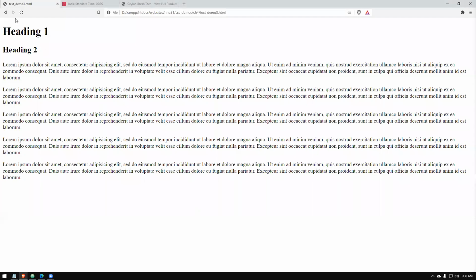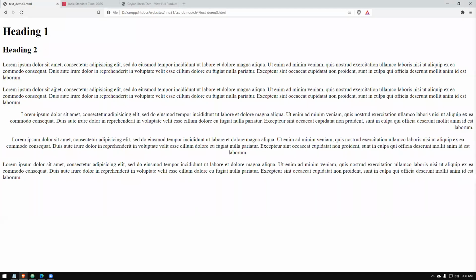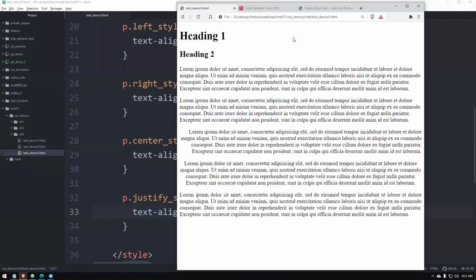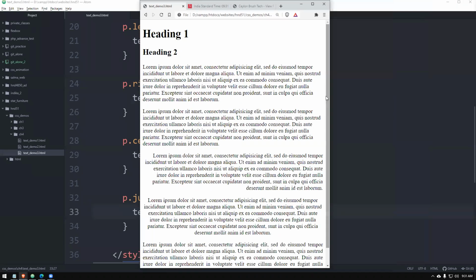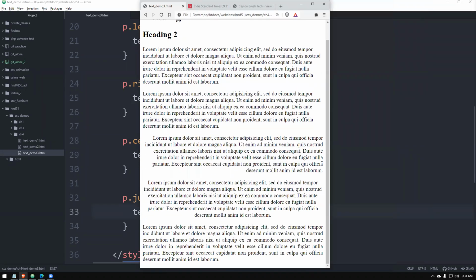So when you reload this, you will have the formattings properly done, right? You can see left, right, center, and justify. Justified is when both sides of your page have been properly justified. Now see, I'm going to reduce the width of the screen, then you can see it more properly. You can see, this is right aligned, center aligned, and on either side it's getting aligned.